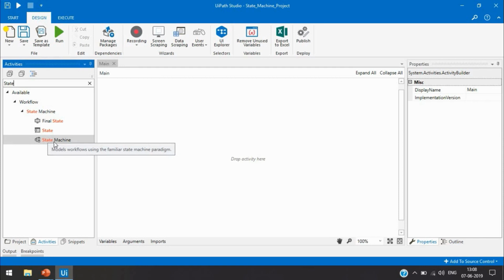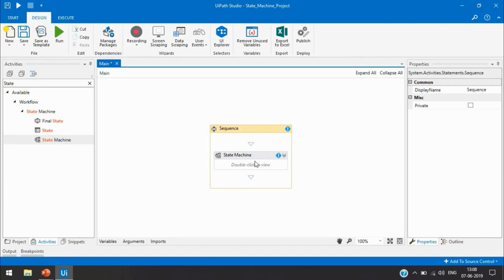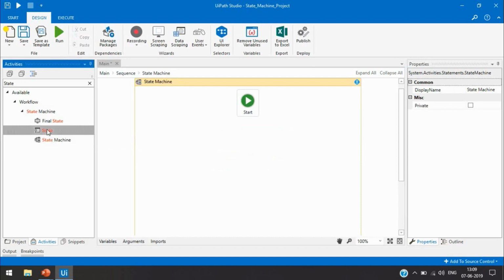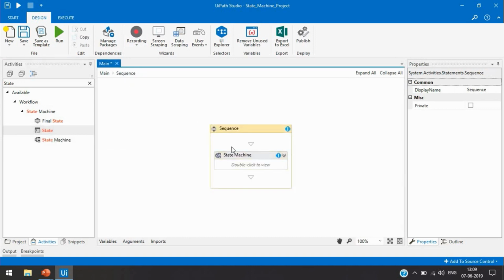So you have to take this activity, drag and drop it here, and from here you get a start node, and then you have to put start and all this. And if you are not using this, I'm going to show you here. If you are not using this, and you are directly going to